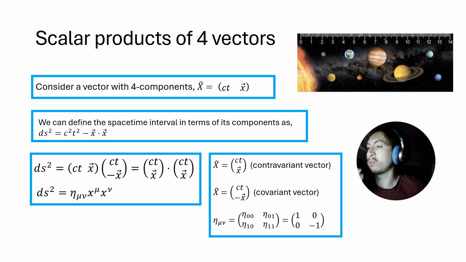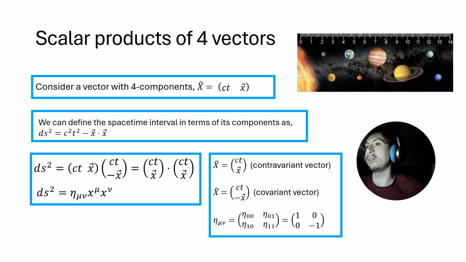It's your actual vector living in 4-dimensional space-time, but to get the scalar product we need a covariant version if we could use the matrix algebra method, and the covariant therefore does include a minus sign to allow for the hyperbolic geometry of space-time. But you can write the space-time interval also slightly more simply in terms of tensor notation,